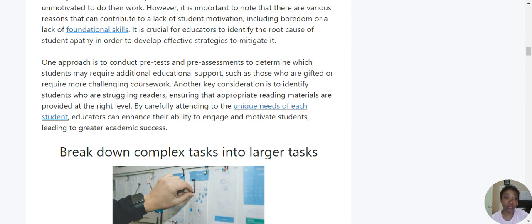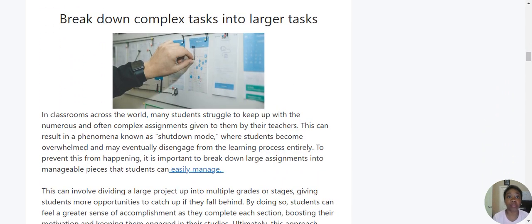Another thing that I've seen before too, especially at the secondary level, because I teach high school, a lot of teachers don't break down really big projects into something that's feasible for students. So if they make the mistake of messing around for a few classes and they get too far behind, they will give up because they know that they have so much to keep up with at that point. It doesn't feel doable to them.